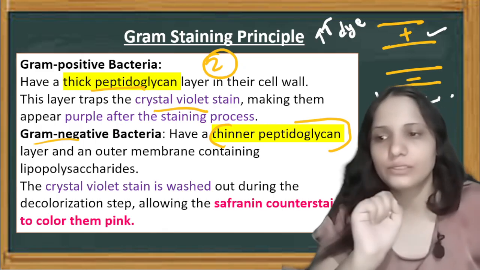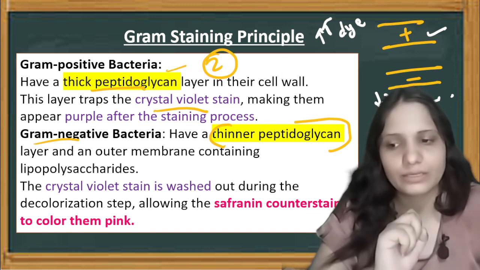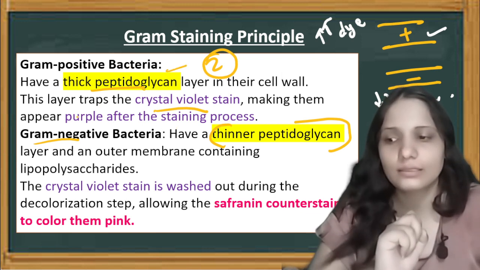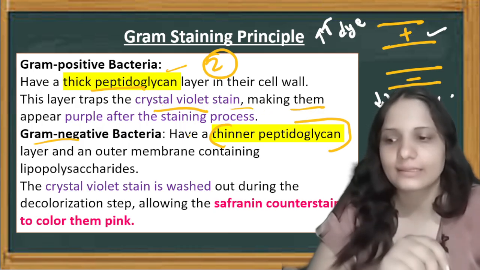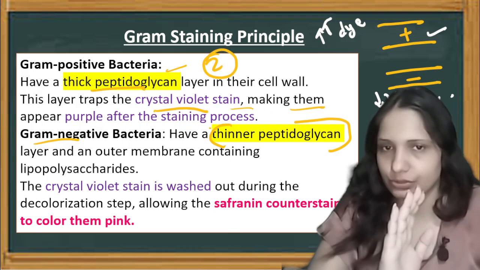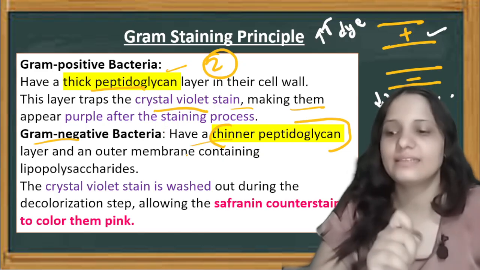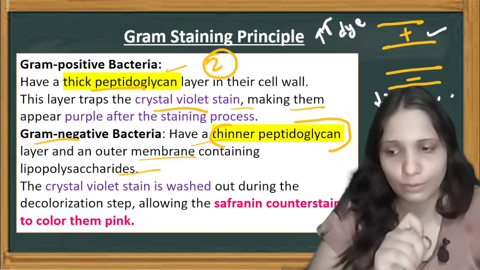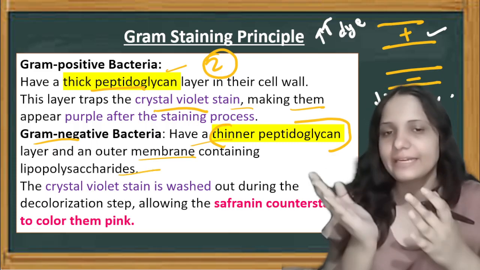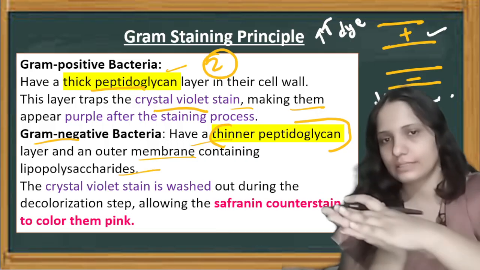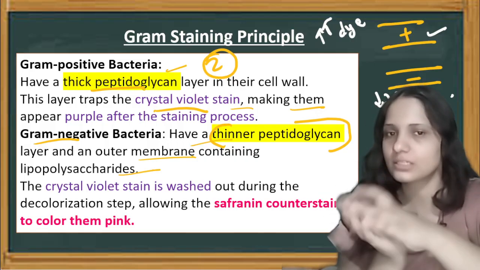And in principle you have to mention that this gram positive bacteria has a thick peptidoglycan layer, so this layer traps the crystal violet stain more efficiently, making them appear purple after the staining process, right? While this gram negative bacteria have a thinner peptidoglycan layer and an outer membrane containing lipopolysaccharide, right? So initially what will happen, gram negative bacteria will take this dye crystal violet and it appears purple blue in